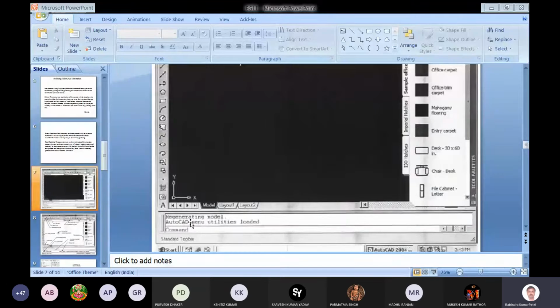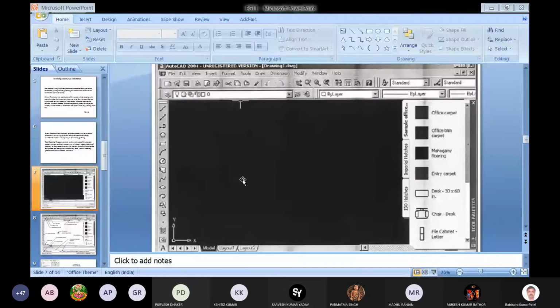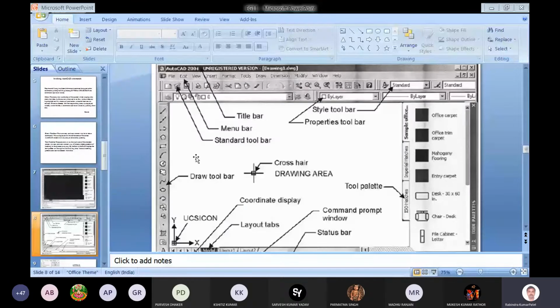In the next figure, you can see most of the things are explained. Here in this figure you can see the title bar, where the title of that particular drawing is shown, drawing1.dwg.